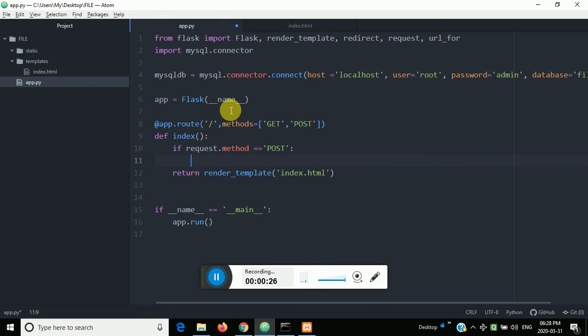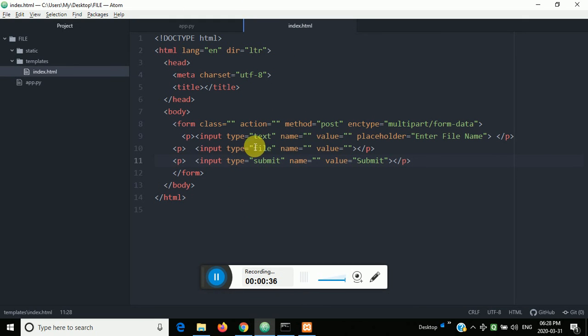Then what you have to do, first I have taken the first text box, that is name. From the bracket, write name. I've taken the name. Okay, so I have to write here a name, and here it is, you have to write the file. For submit nothing is there, just leave it like that only.